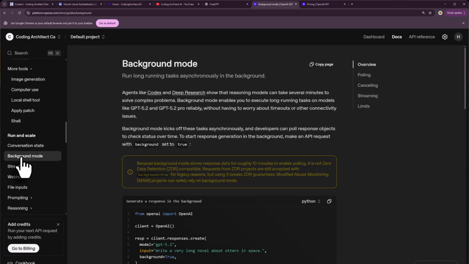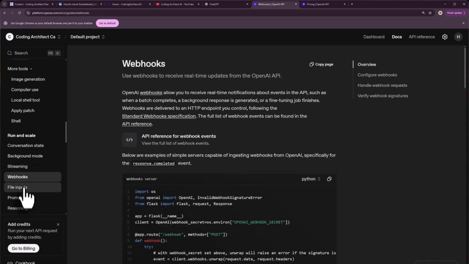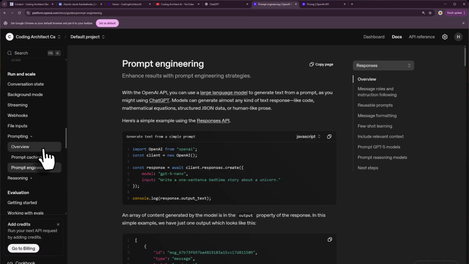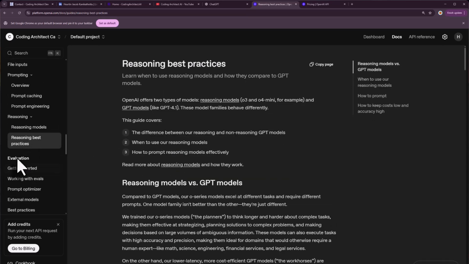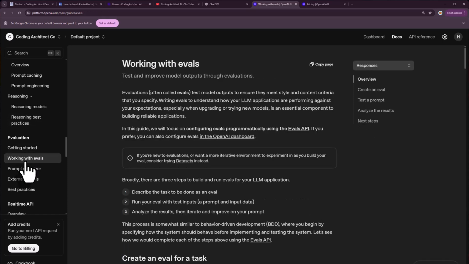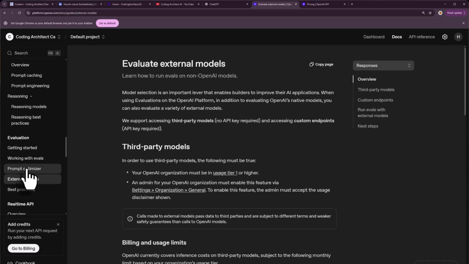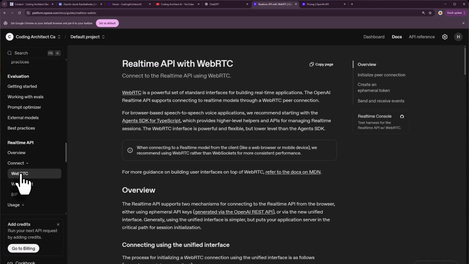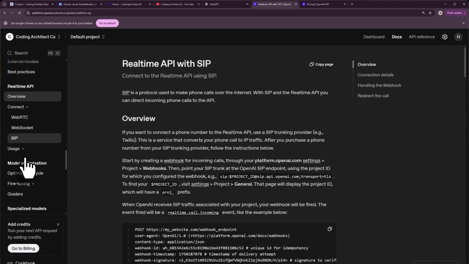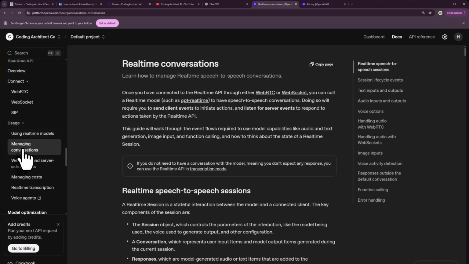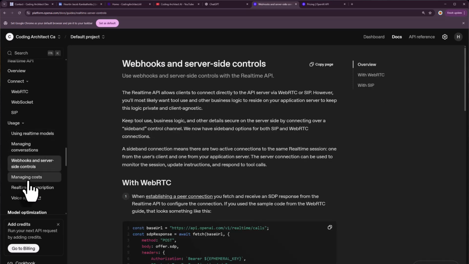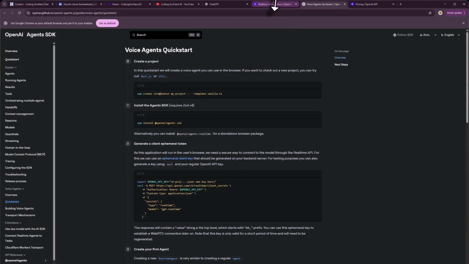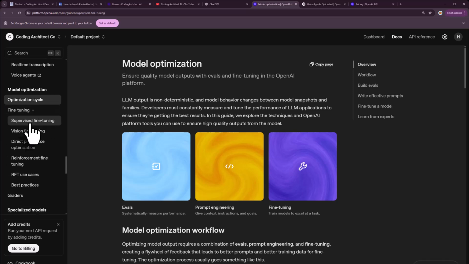conversation state, background mode, streaming, webhooks, file inputs, overview for prompting, prompt caching, prompt engineering, reasoning models, reasoning best practices, evaluation, getting started, working with URLs, prompt optimizer, external models, best practices, real-time API overview, connecting through WebRTC, WebSocket, SIP, using real-time models, managing conversations, webhooks, and server-side controls, real-time transcription, voice agents, optimization cycle, fine-tuning, supervised fine-tuning,